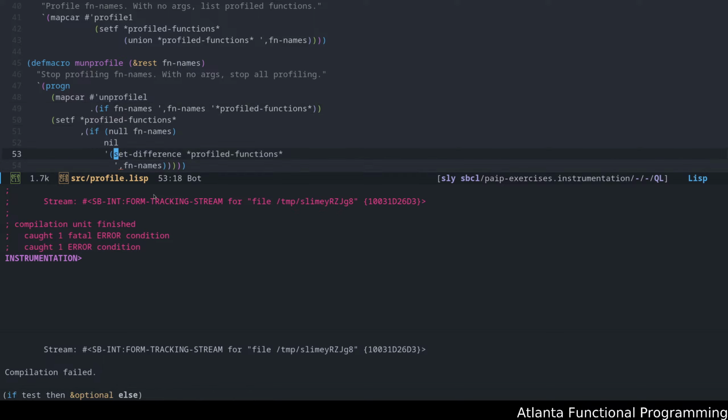And set difference. This one I have to double check quickly.